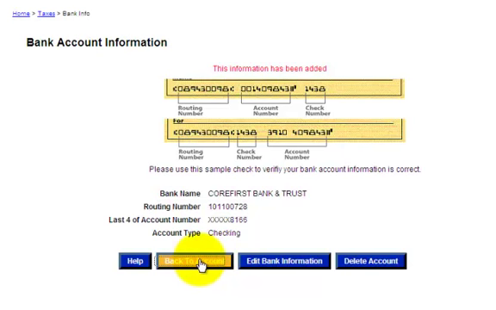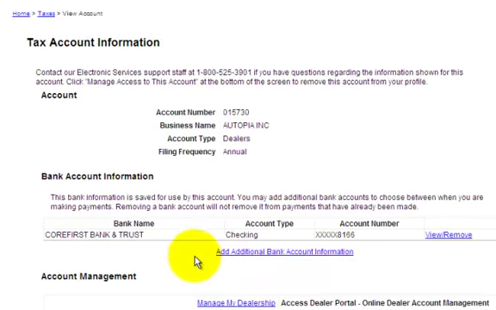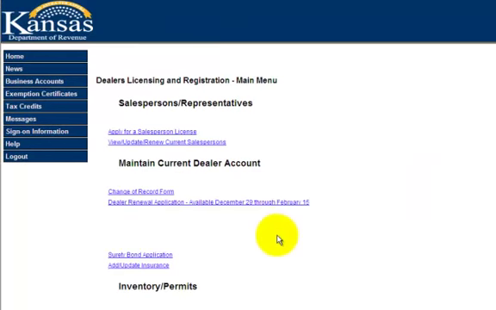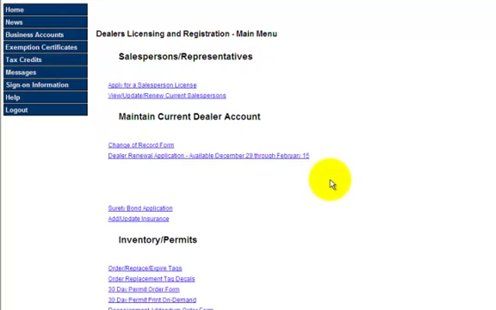I'm going back to the account, and now you see that for my dealership, Autotopia, I have associated a CoreFirst Bank and Trust account with that. So if I were wanting to go forward to the dealer portal, I'm going to click on Manage My Dealership, and I'm at the main menu now for the dealer licensing and registration portal, where I can do a variety